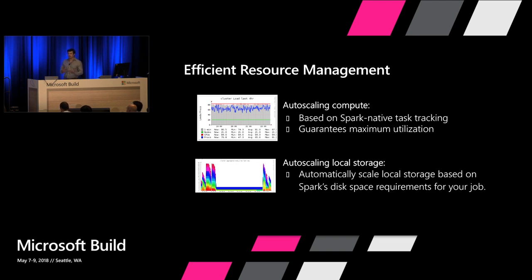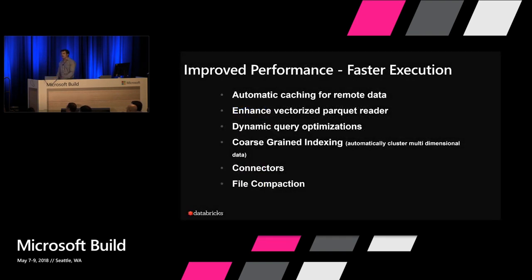We have auto scaling of local storage, so we automatically scale the local storage based on the disk space requirements in the job. We've done a lot of work to intelligently look at the jobs being submitted to the cluster and to scale up and scale down the compute and storage resources in order to maximize performance, but also to maximize our cost efficiency. So not only is it important that we're utilizing the resources intelligently, but we also want to improve the performance and have faster execution time of the jobs that we are